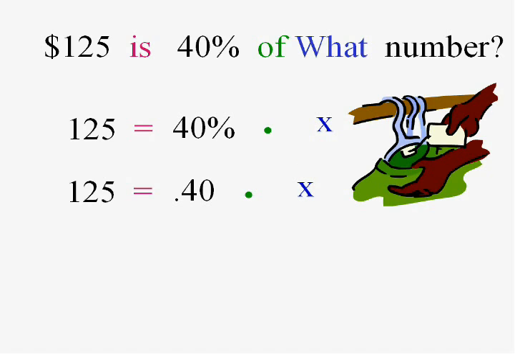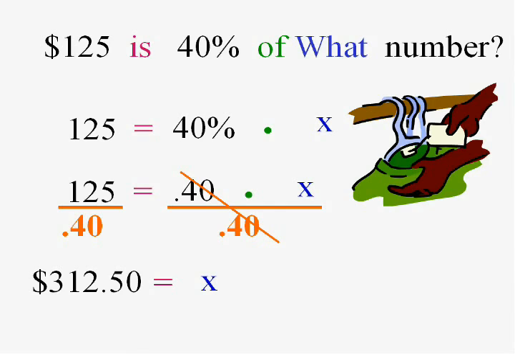And who's keeping the x from being alone? Well, there it is, that 40 100ths. He's multiplying. Wait a minute, so I'll divide. I'll do the opposite. That one will go away, and x will equal whatever 125 divided by 0.40 or 40 100ths is. That's why you need to know how to divide decimals. And in this case, x will equal